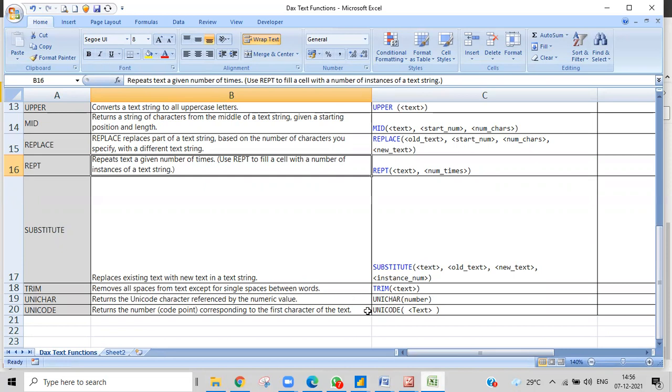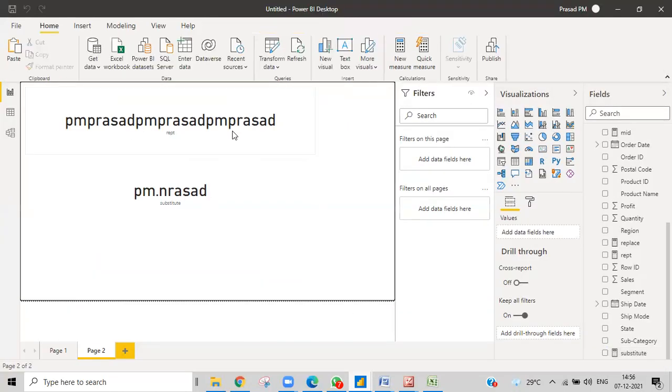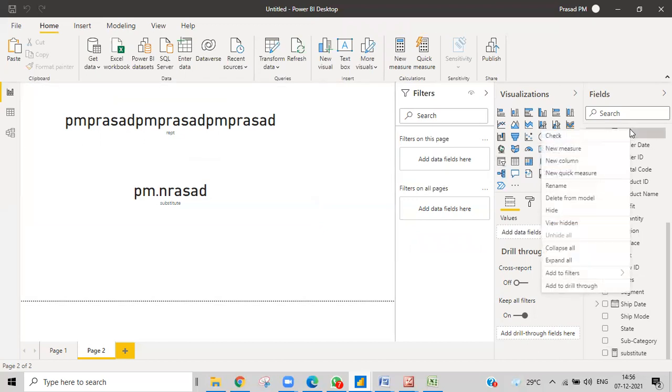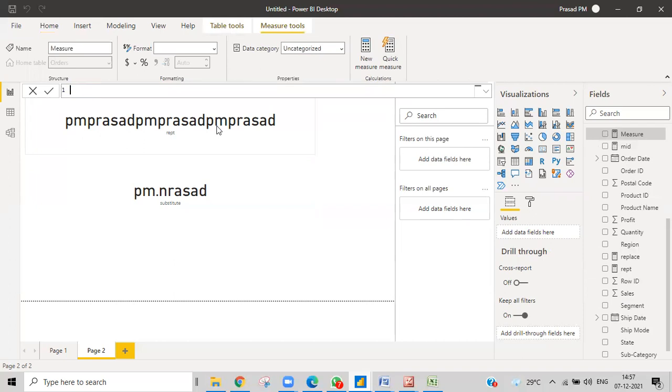Trim obviously removes all the unwanted spaces and keeps only single spaces. I'll give you a small example. That's very simple. It's not necessary every time, but if the data consists of a lot of unwanted spaces, then obviously you can use this one. Just one thing, trim of something. Trim of that particular function, and then give some text, and then clean that, and check the output.